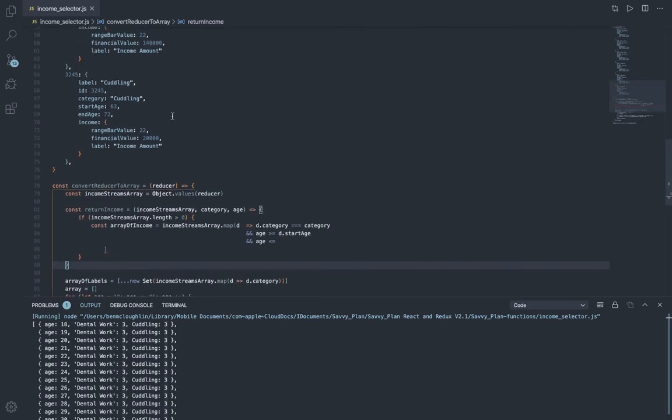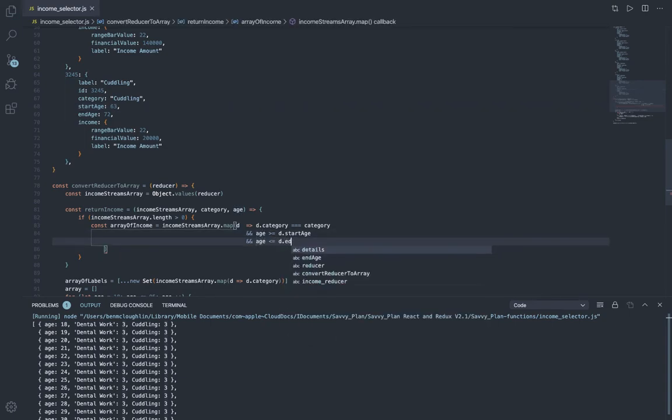So I'm checking first of all if the name is the same. Then I'm checking to see if the age we're looping on in our current iteration of the loop is between these two values, the start age and the end age. So now if age is less than d.endAge,